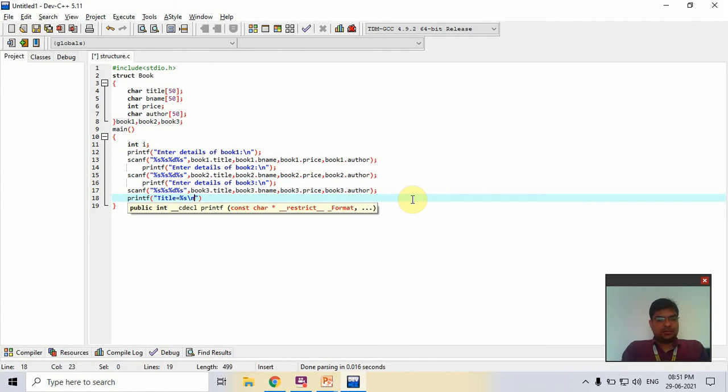Next is name, book name, is equal to %s \n.